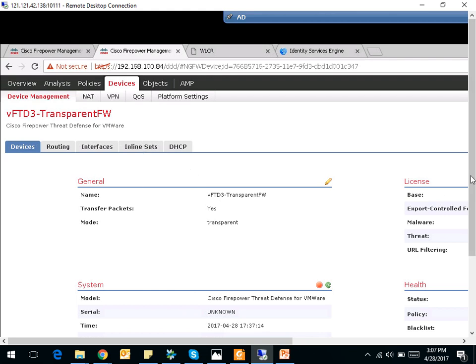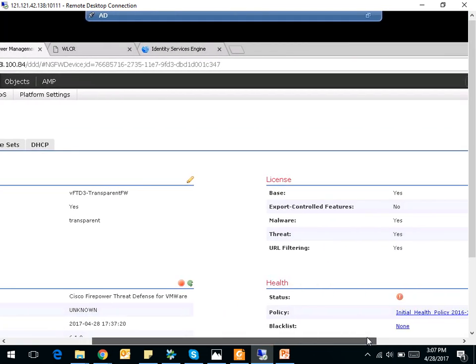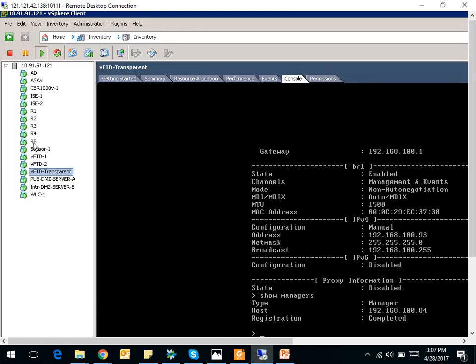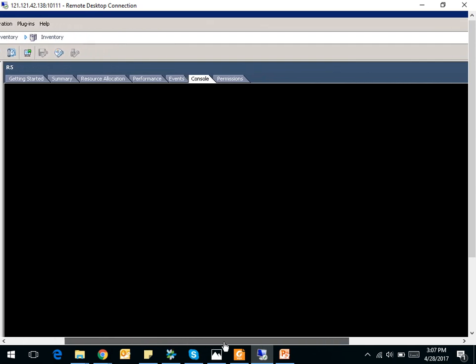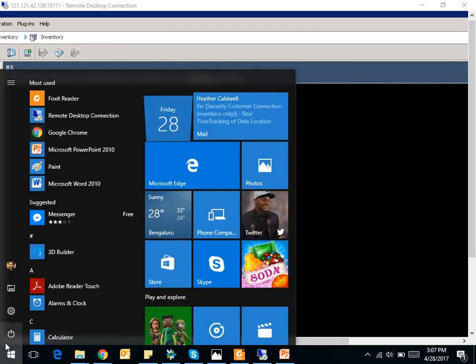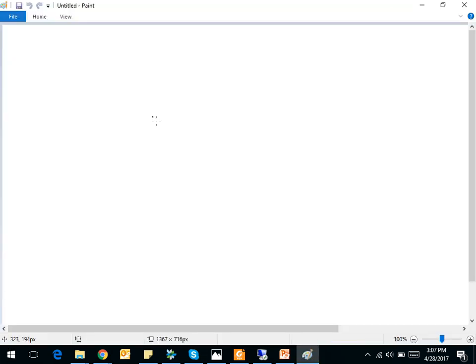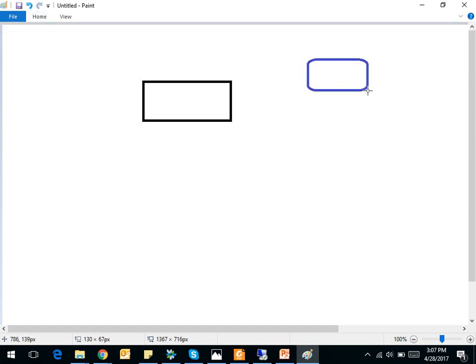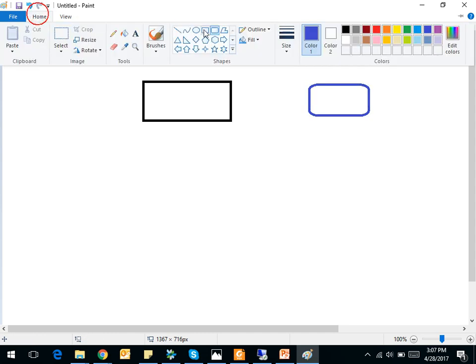Before I show you the setup of the policies, what I'm using is router 5 here. I'm not sure if you understood the setup, so let me draw it for you quickly. This is your transparent firewall here, and then over here I have taken the WLC. Okay, and the WLC's interfaces are